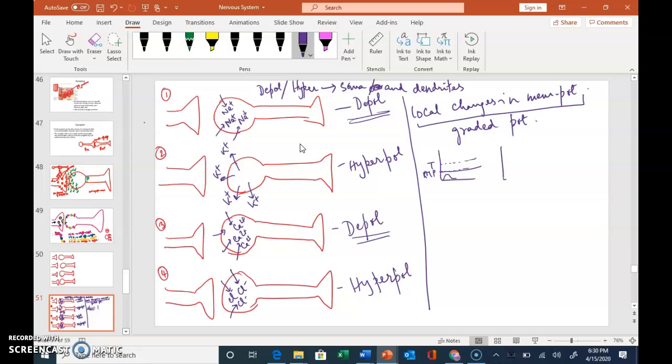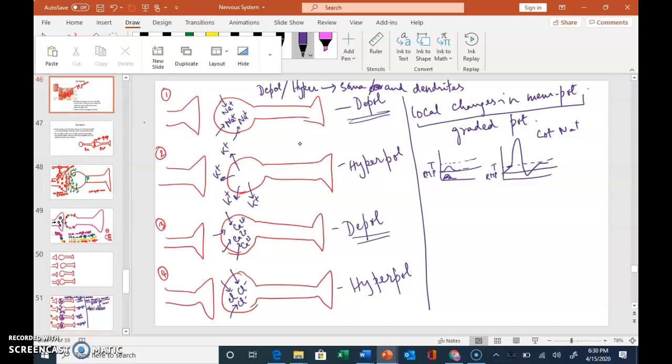Now let's say you have resting membrane potential and threshold. Sorry, my bad. This should be like this, okay? Let's say you have resting membrane potential and a lot of sodium coming in. So obviously it will reach threshold, and once threshold hits, you must have an action potential. Does that make sense? So depending on how much positive charge enters the cell, you can reach threshold, and remember, if you reach threshold, there has to be an action potential.